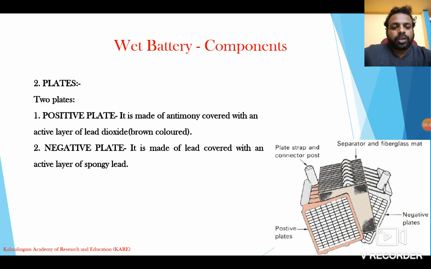Say for example, if you need more power from the battery, you have to increase the number of plates available in the battery. There are a number of different types of batteries available in the market, where the positive as well as negative plates are made with different kinds of materials. The plate should have high electrical conductivity. It is the only condition for choosing the material to design the electrodes.